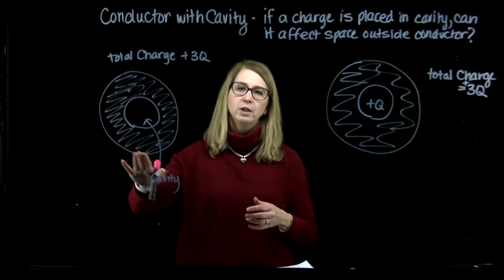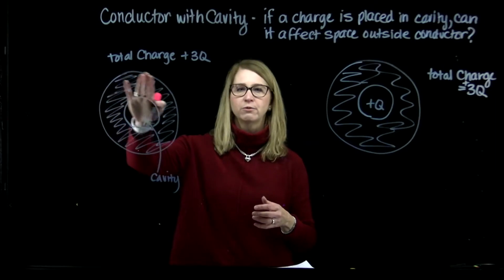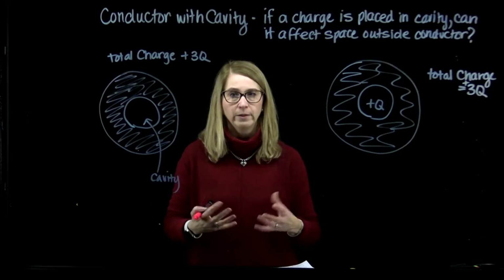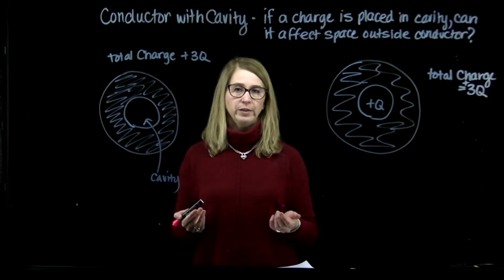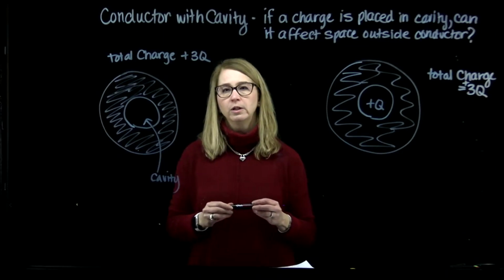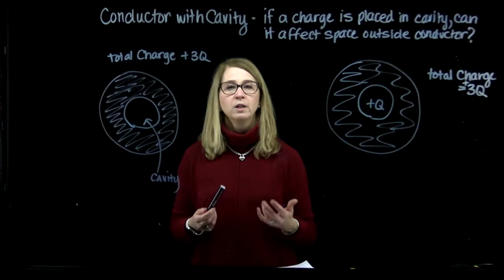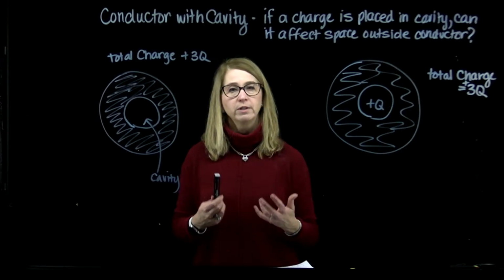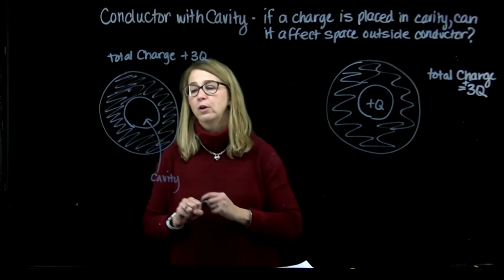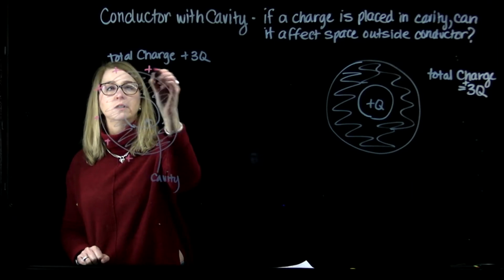So I tried to show with my beautiful shading that this area right here represents the conductor and this is the cavity. So there's nothing in here. It's a hole, it's a void. Now, we're told that this conductor has a total charge of plus 3Q. Since we've learned about the characteristics of conductors, we know that any excess charge that resides on a conductor when it's in equilibrium will have to be on the surface. So our plus 3Q is all distributed on the surface